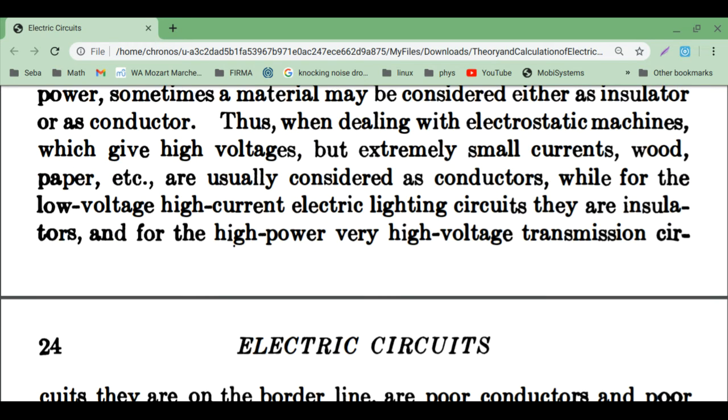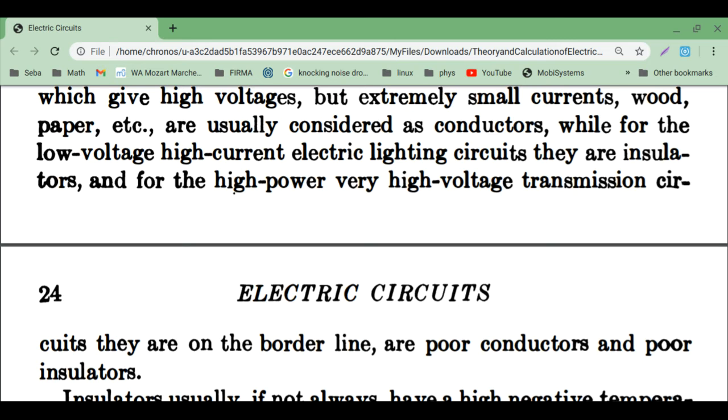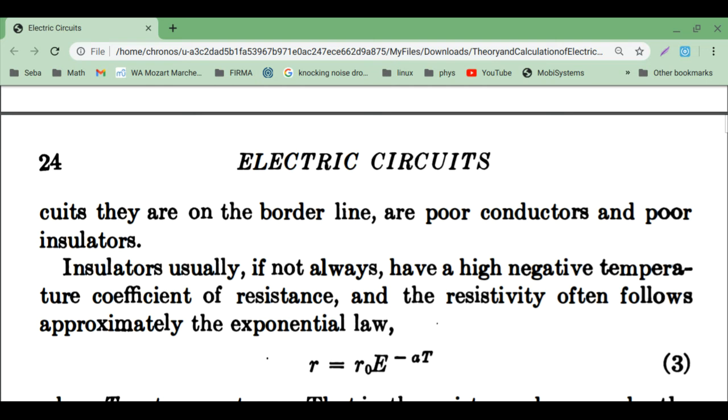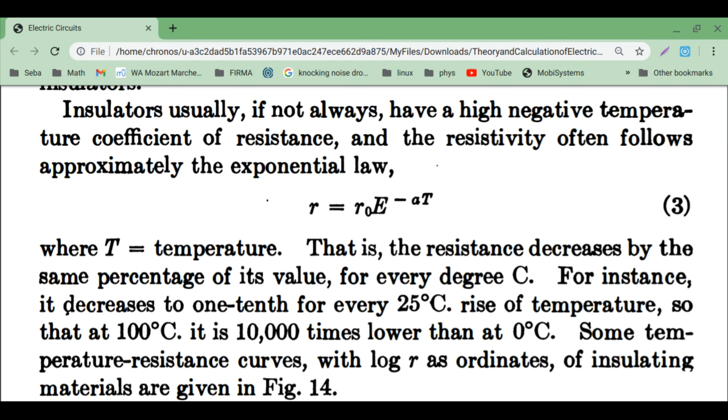Wood, paper, etc., are usually considered as conductors, while for the low-voltage, high-current electric lighting circuits, they are insulators. And for the high-power, very high-voltage transmission circuits, they are on the borderline, are poor conductors and poor insulators. Insulators usually, if not always, have a high negative temperature coefficient of resistance,